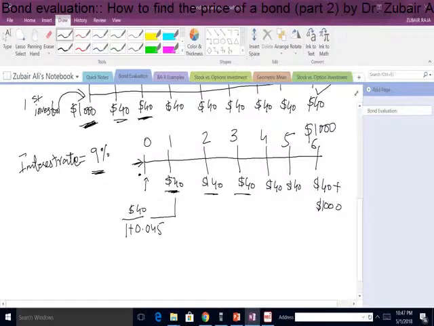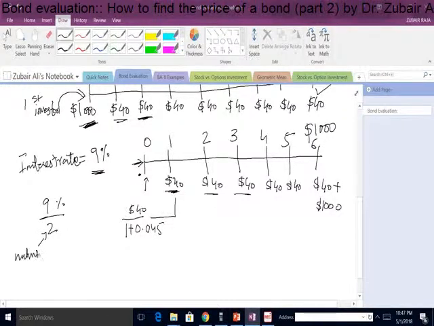So in order to find the required rate of return or the interest rate for the second investor at which he needs to discount these future payments, he needs to divide this 9% by 2, where 2 is the number of